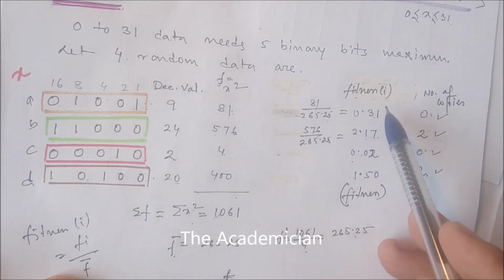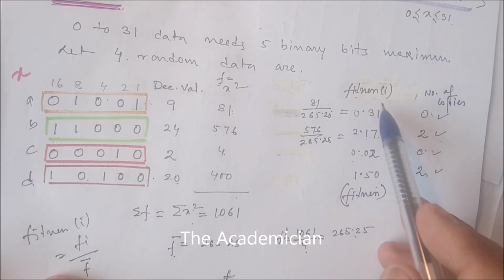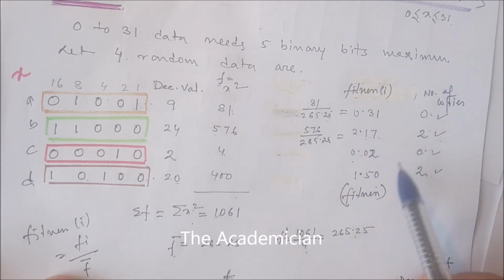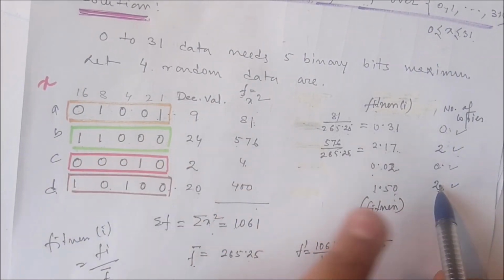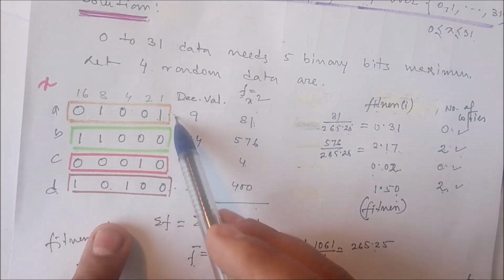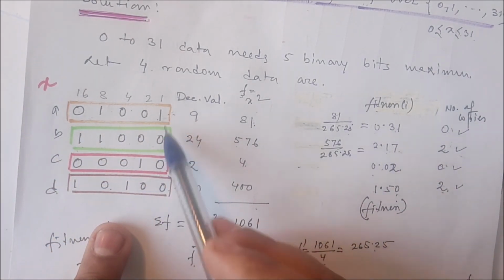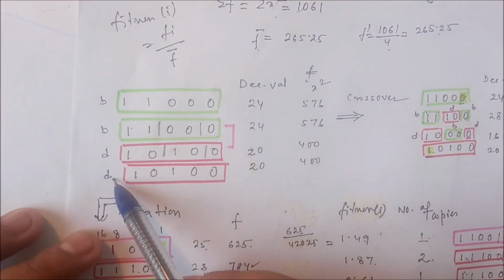81/265.25 that is 0.31. इसी तरह से सबका फिटनेस निकाल रहे हैं, तो नियरेस्ट इंटीजर में कन्वर्ट करें। नियरेस्ट इंटीजर में ये 0 टाइम्स हो गया, ये 2 टाइम्स, ये 0 टाइम्स, ये 2 टाइम्स, मतलब इस क्रोमोसोम को 2 बार लेना है, इस क्रोमोसोम को 2 बार लेना है, और ये दोनों को नहीं लेना है, क्योंकि इनका जो फिटनेस वैल्यू है ये कम है, तो ये हम लोग ले लिए, B को 2 बार ले लिए, D को 2 बार ले लिए।